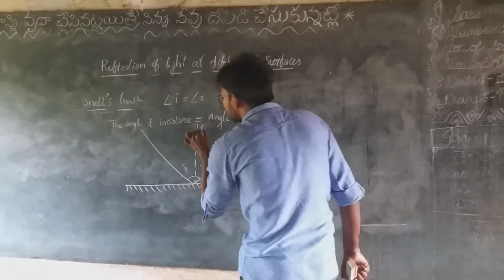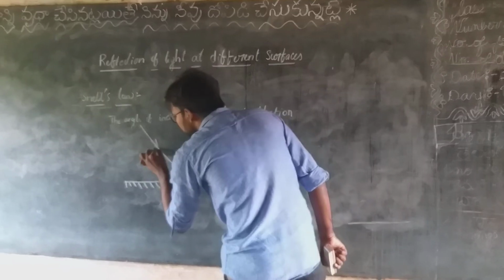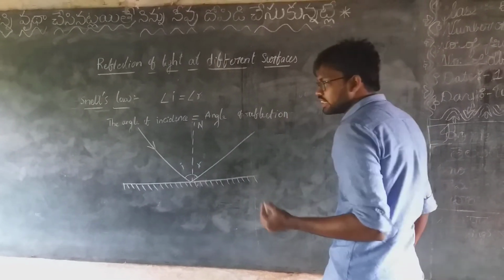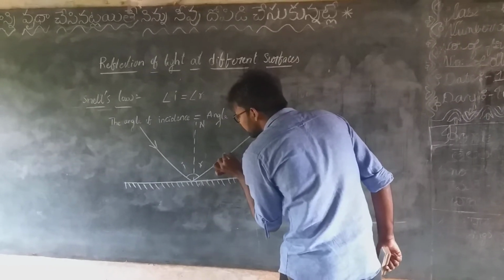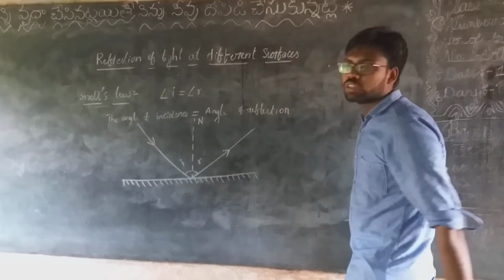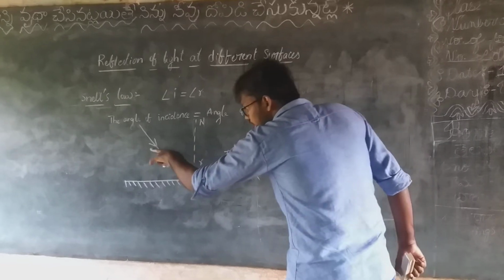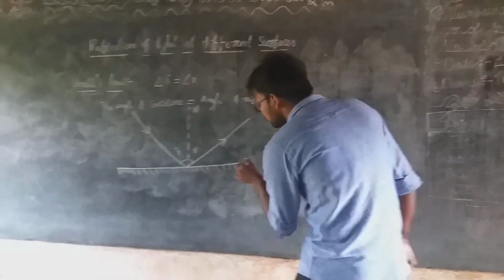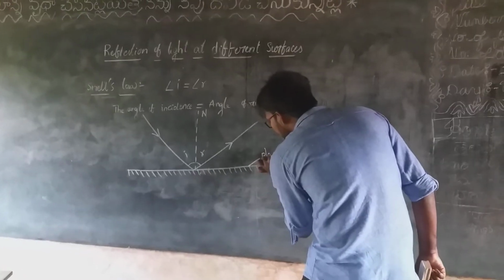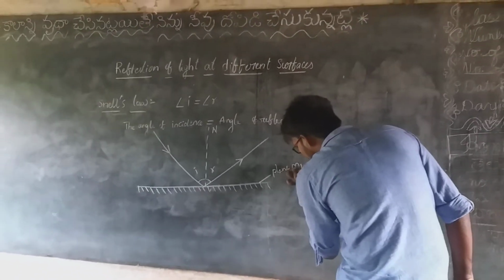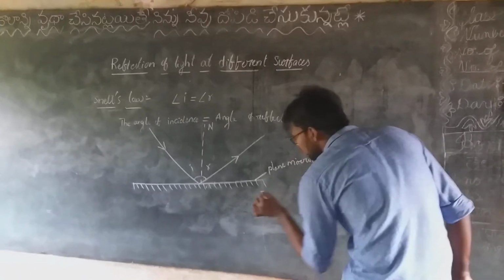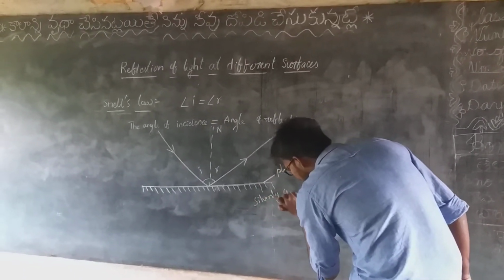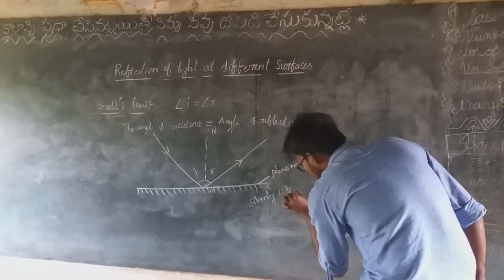So this is normal, and a light ray should be represented by arrows. Then only we can say it is a light ray. Otherwise, it is a straight line. If we represent any straight line with an arrow, we can say it is a light ray. This is a plane mirror, and this is a silvery coated